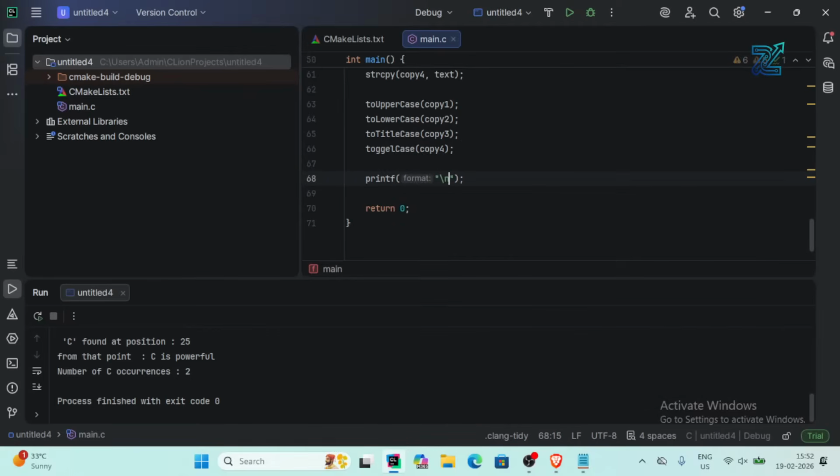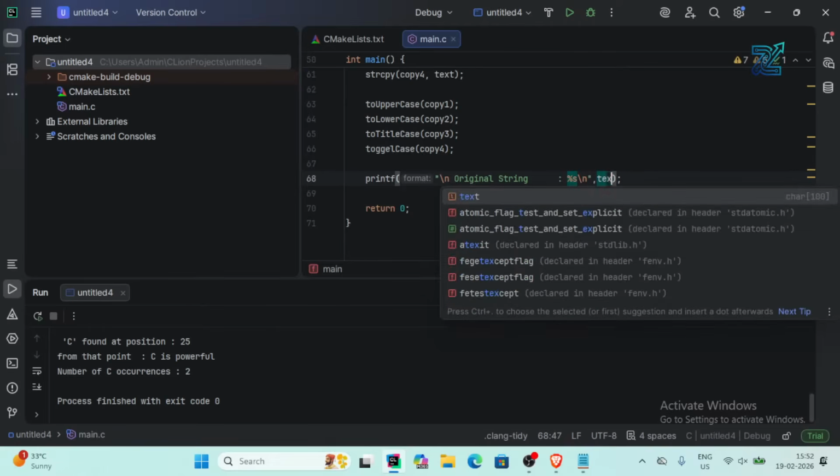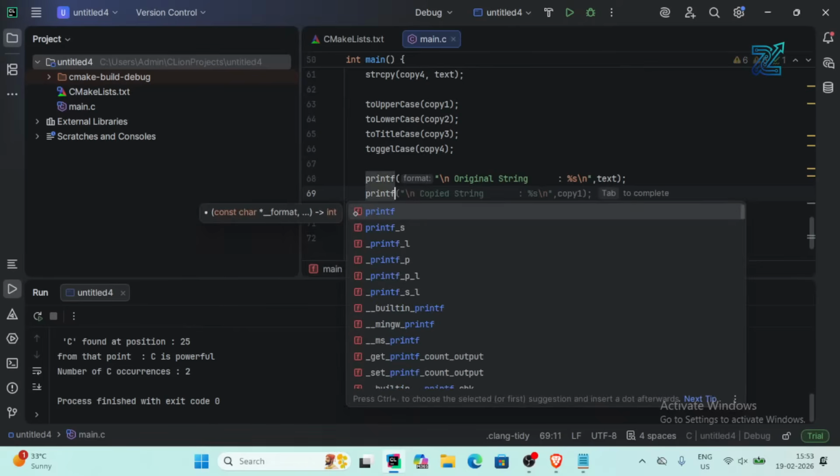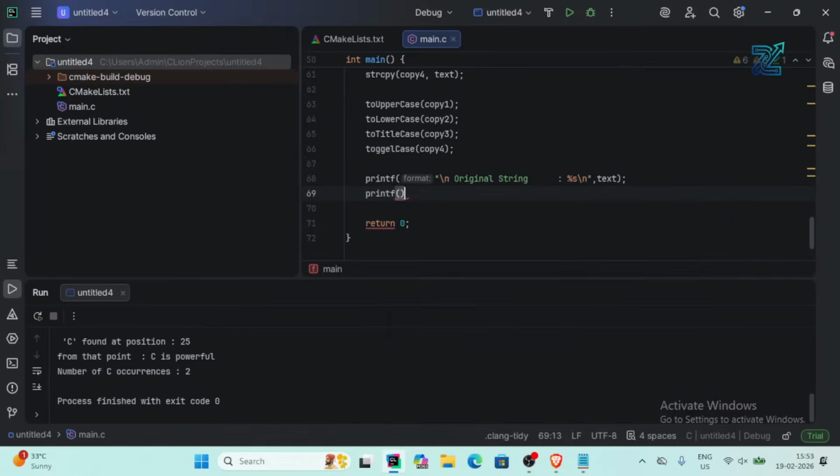So first we'll print the original string. The original string %s and the next line. The original string is text. After that printf